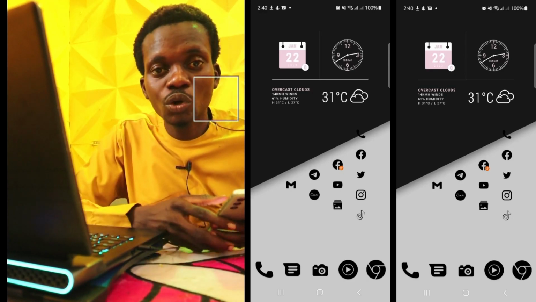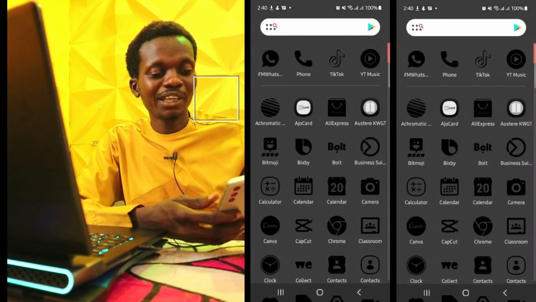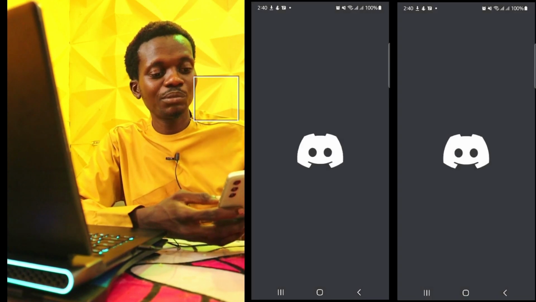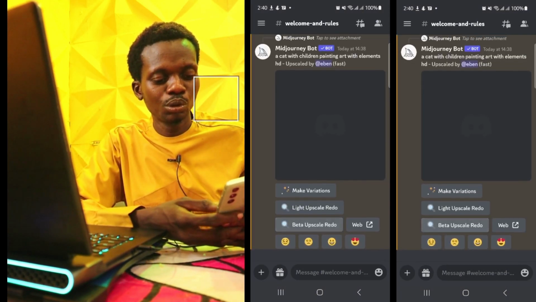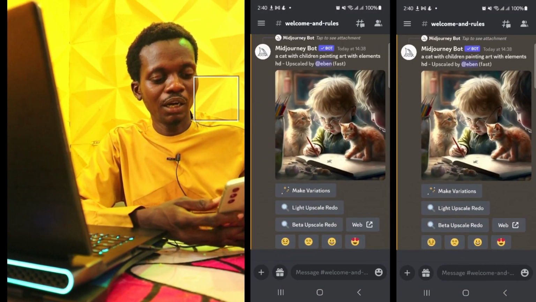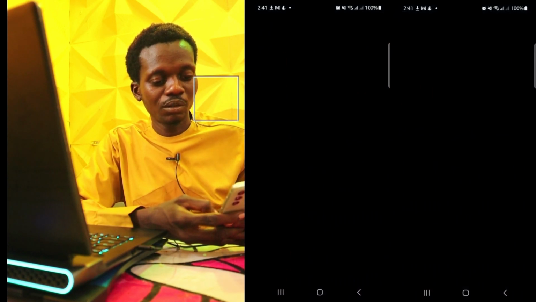Let me teach you how to combine your picture with AI to get a lot of ideas. So your pictures can be used to get a lot of ideas using this app. So what do you need to do when you get to your Midjourney? Just click on the plus button over here, get your picture, go to your camera, either your camera or